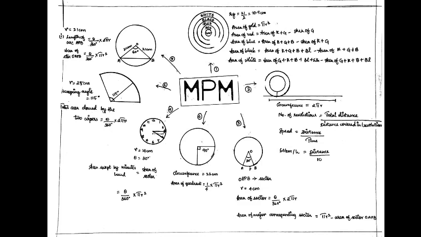Now we are going to see the last figure. So they have given the radius as 21 centimeter and they have given that the angle is 60 degree. So this question is split up into two parts. The first part is we have to find out the length of the arc APB and the second part is we have to find out the area of sector OAPB.